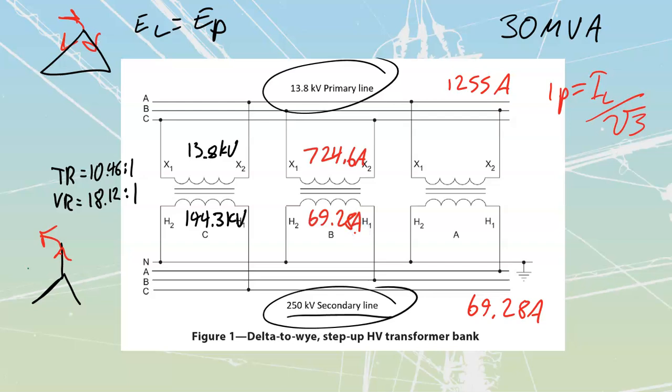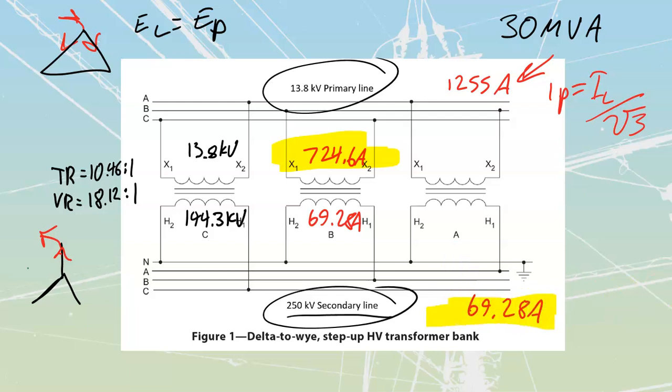Perfect. That covers all of our calculations. Once again, looking at the benefits, we see that we're able to feed in a lot of power, a lot of current, 1255 amps, but our individual windings only have to be rated for 724. And on our high side over here, we're bumping up to such a high value of voltage